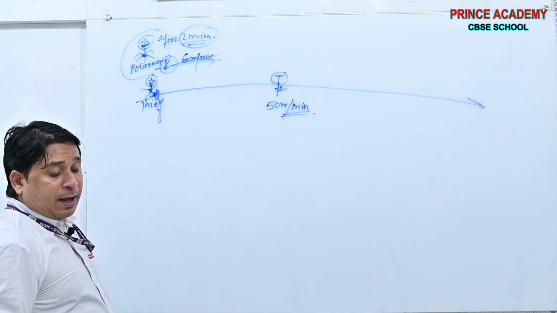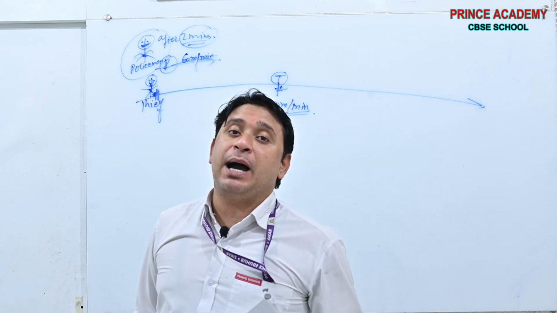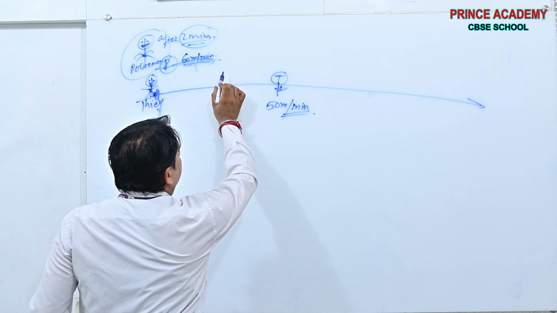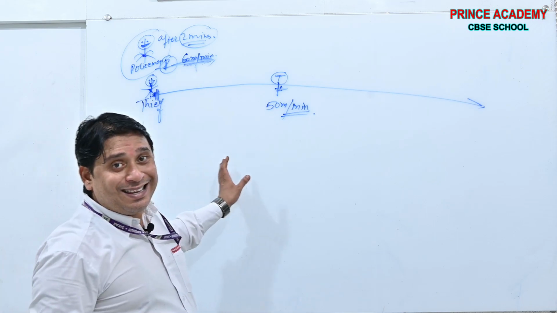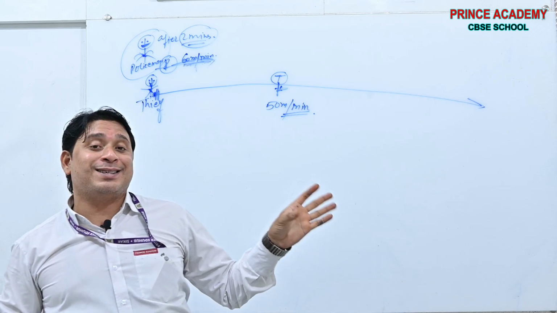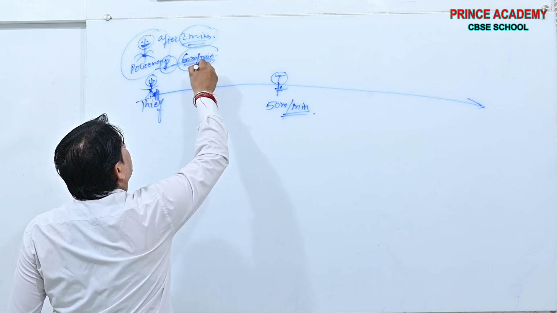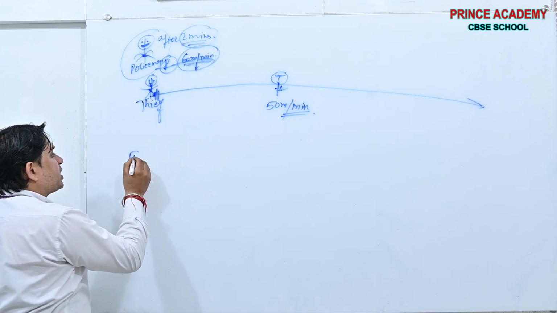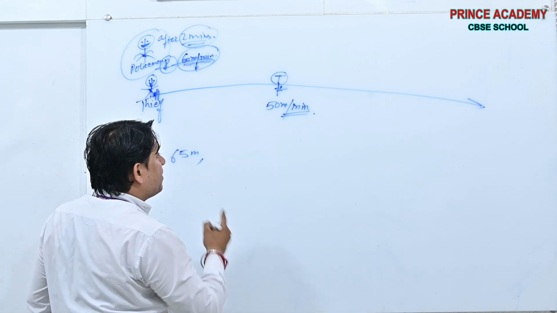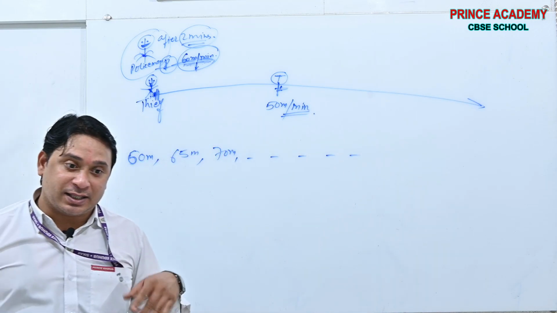See beta. And the policeman kept increasing his speed by 5 meters per minute. He started to run at 60 meters per minute, and he thought that if he runs at a uniform speed, it will take so much time to catch the thief. That's why he started to increase his speed. First minute 60 meters, second minute plus 5 meters, third minute plus 5 meters, and so on. Okay, see what is the question.